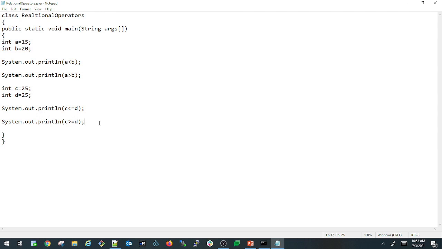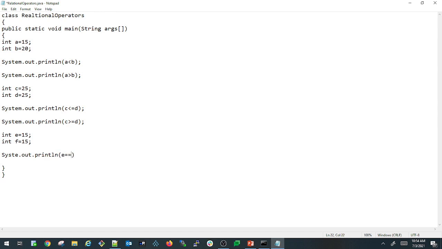So let us quickly look at the other two relational operators as well. Before that, let us quickly declare two more variables. int e equals 15, int f equals 15. System.out.println e double equals f.